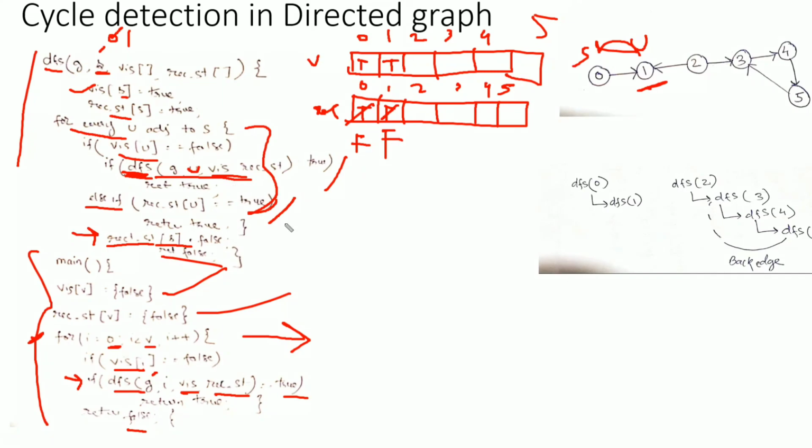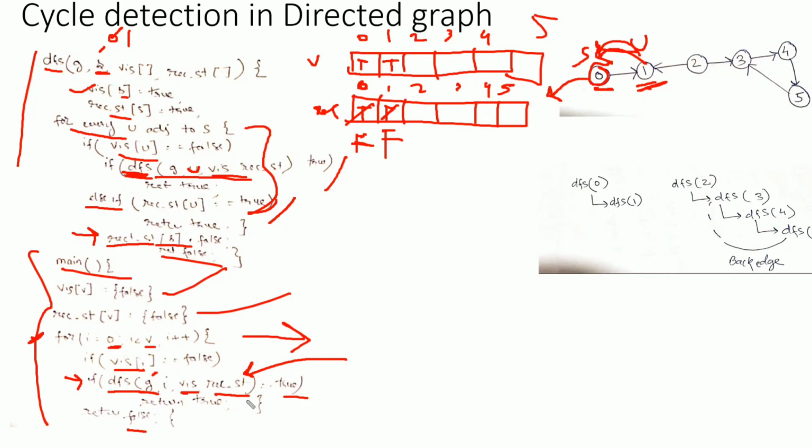If we hit the base case in recursion, what we need to do is return back to the caller of the function. The caller of vertex 1 was vertex 0. Now from vertex 0 there is no adjacent vertex left. So we need to change the value of recursion stack for vertex 0 from true to false, and return false again to the caller. Now the caller of vertex 0 is the main function. So we will be returning back to this line. So DFS of this vertex is false, and false is not equal to true.